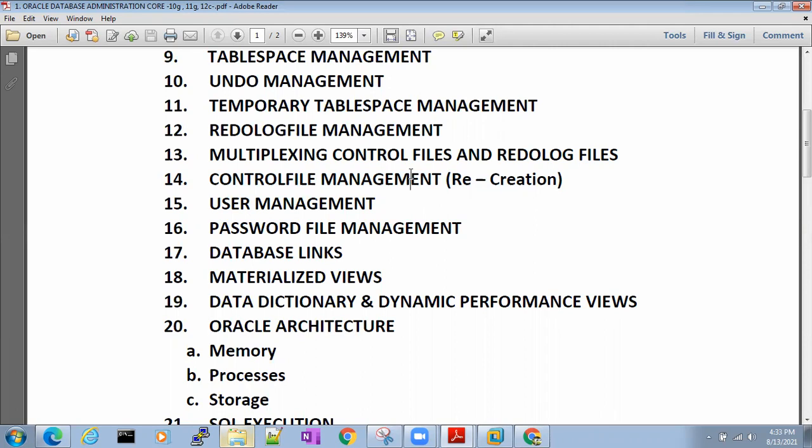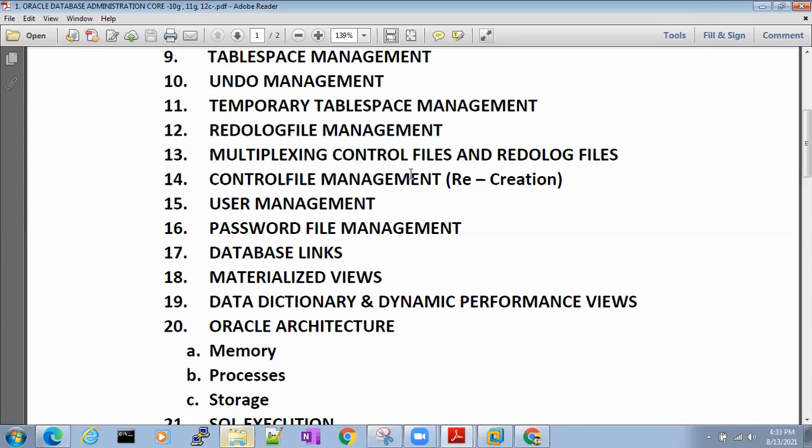They'll ask you, hey, I lost my control file. First they'll ask you, what is a control file? Everyone will say that the control file is the heart of the database. That answer became a basic thumb rule, and everyone will tell the same thing. And obviously you people will also tell the same thing. Because at the time of database mount, we need the control file to mount the database. So even if we have data files and redo log files, without a control file we cannot mount the database.